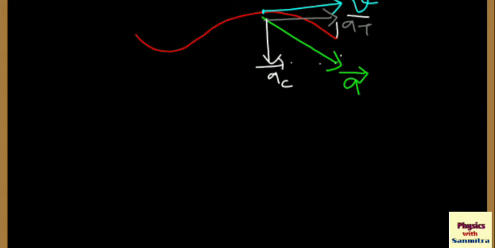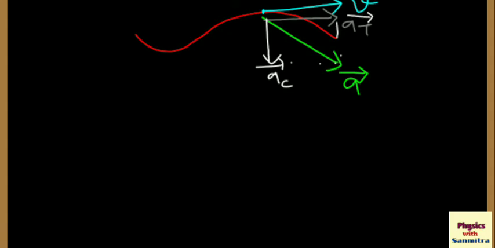Okay, let's consider a curve, say like this, and on the curve here the speed of a particle is say v. Now since the speed is changing, I can say the acceleration is somewhere like this. This is a vector. Now this part is our at, the tangential acceleration, and this is the centripetal acceleration. If we add them we will get a. Let's add the vector sign. This is at vector and this is ac vector.